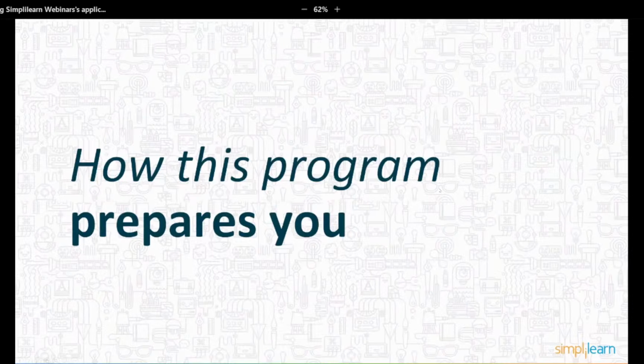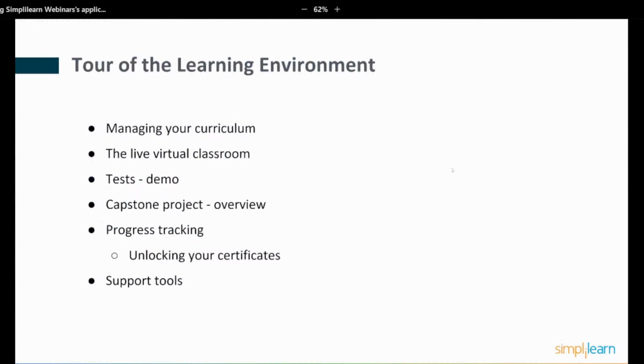So we'll talk about how the program prepares you, and we'll do a description of the learning environment. The learning environment is online. It's delivered through your device. So most of the time you'll be using a laptop or desktop web browser, because you'll want to be able to see more of the real estate while you're going through programming examples, that type of thing.